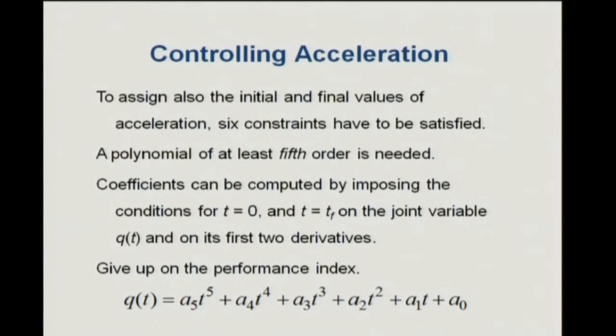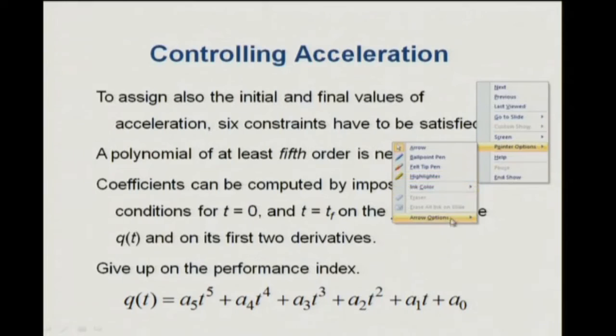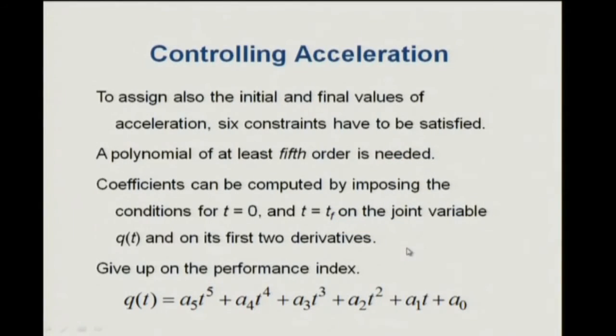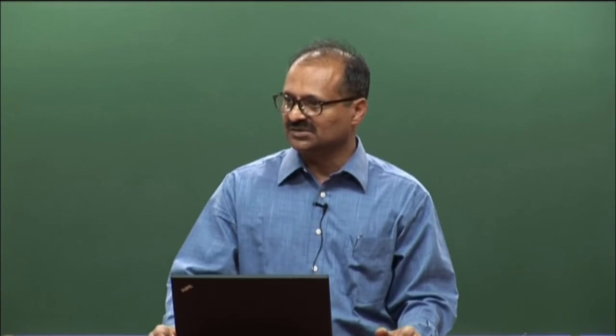The only catch is we then have to give up on the performance index. So, you do not have this nice option of saying that I am going to control the peak torques. In fact, that is the catch of this whole trajectory planning thing. So, given a large number of points, so far when you always talk about a fit through it, right, you can always find a fit by going to higher and higher order polynomials,